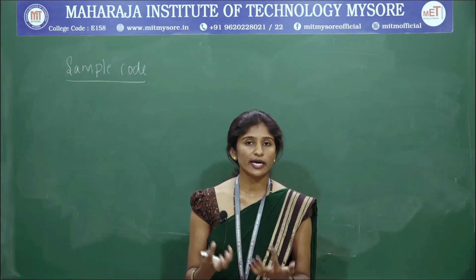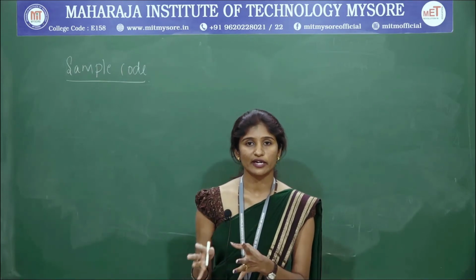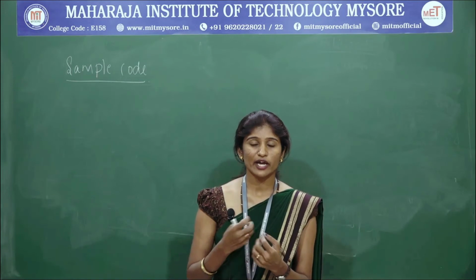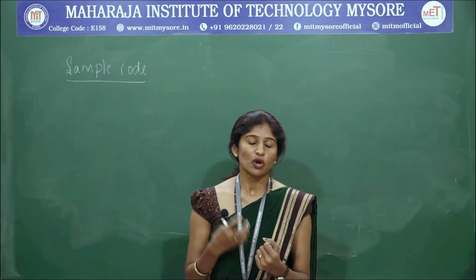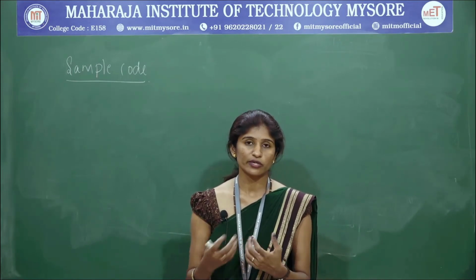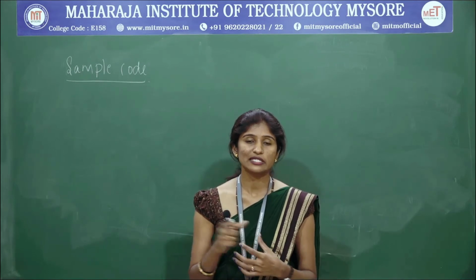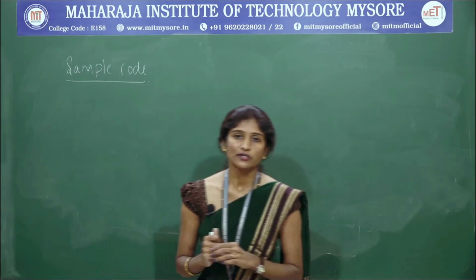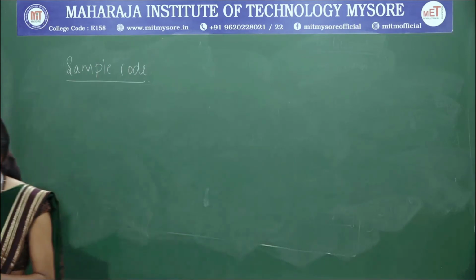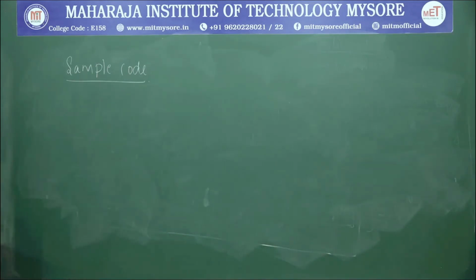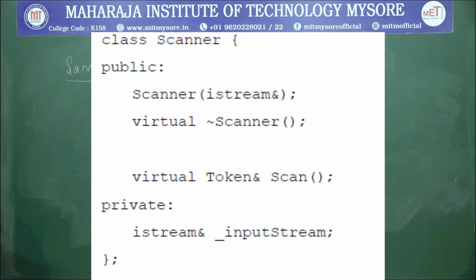We are going to design a small pseudocode for that, and based on that we are going to have a bytecode stream. How to depend on the subclasses, we'll see with the short pseudocode. You can just see this diagram. Here the scanner class takes a stream of characters. Why? Because it is a scanner and it is going to produce a stream of tokens, one token at a time.